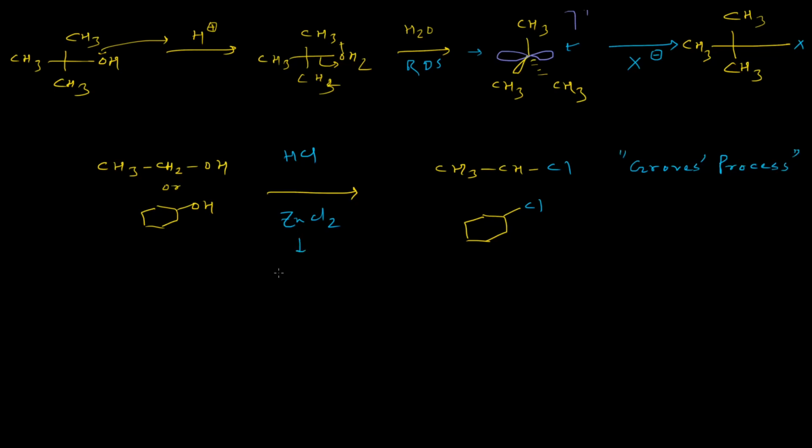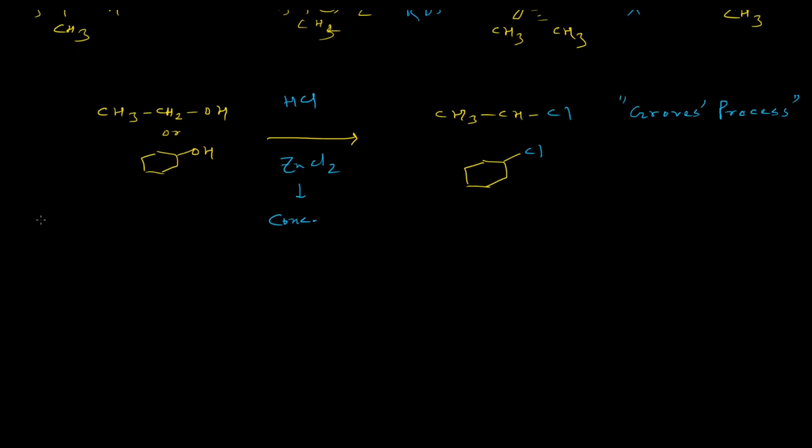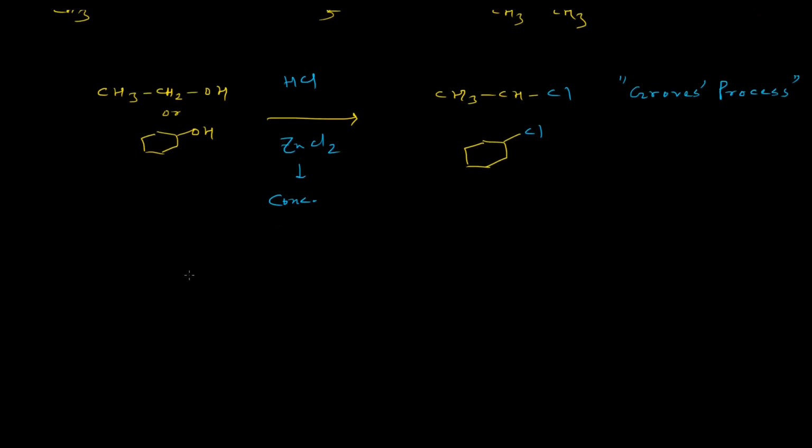Depending on the concentration of zinc chloride, two types of mechanisms are there. If the concentration of zinc chloride is high, then the mechanism proceeds via an SN1 like mechanism, and if the concentration is low, then an SN2 type mechanism operates. So let us consider both the cases. If we consider this general formula of the alcohols, then initially this zinc chloride will interact with the OH group, and it will result in the formation of this particular intermediate.